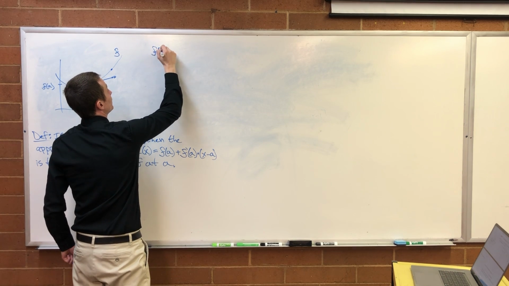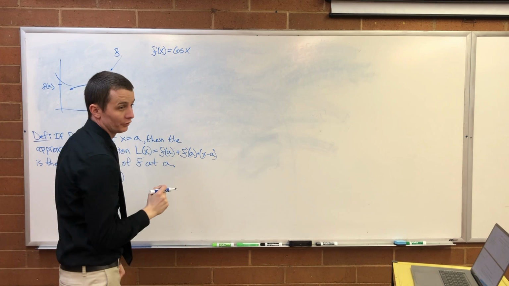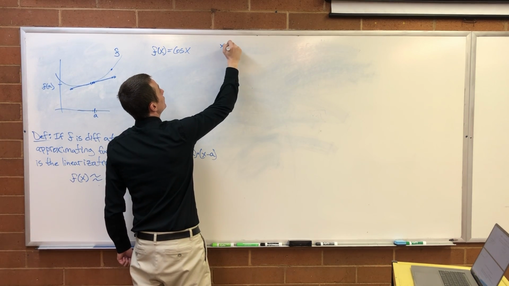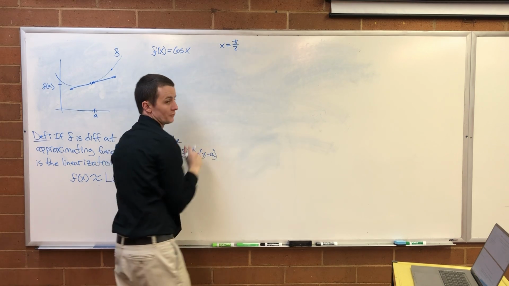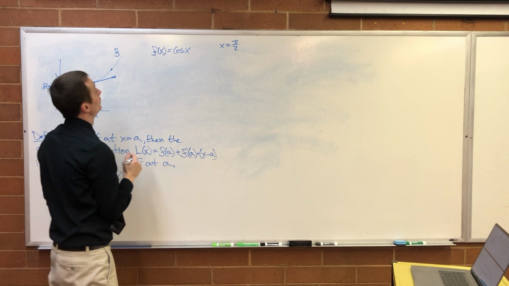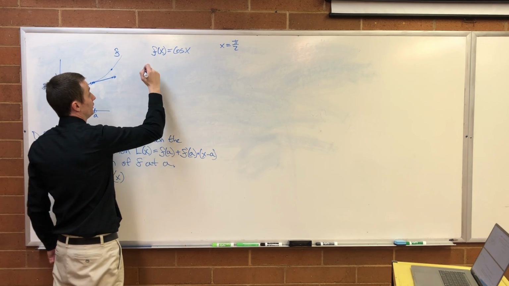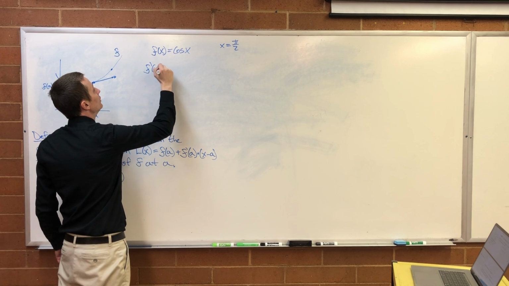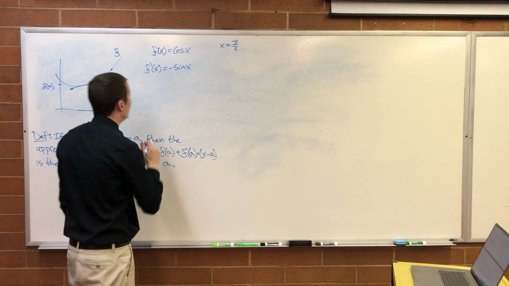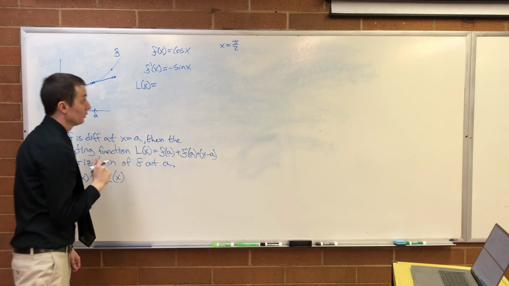So f of x is equal to cosine of x. We're looking for the linearization at pi halves. Okay, so let's do it. What's f prime of x? Negative sine of x. Okay, so our linearization is equal to